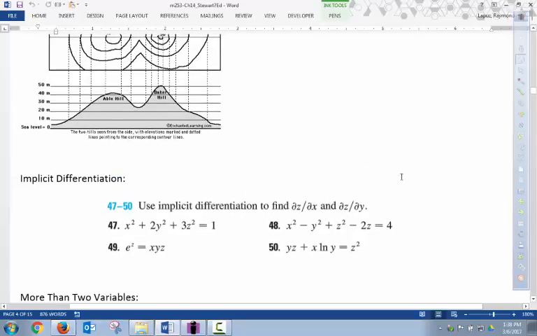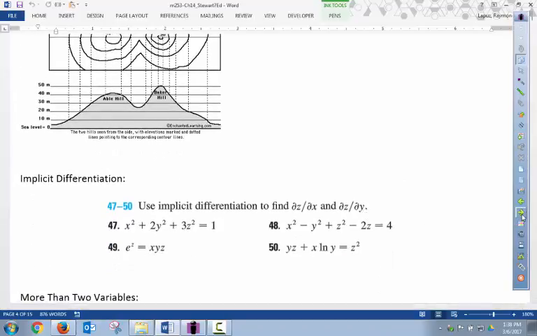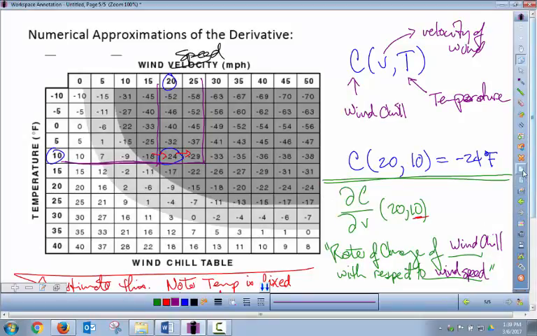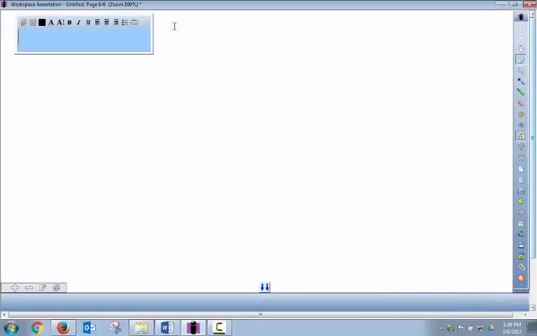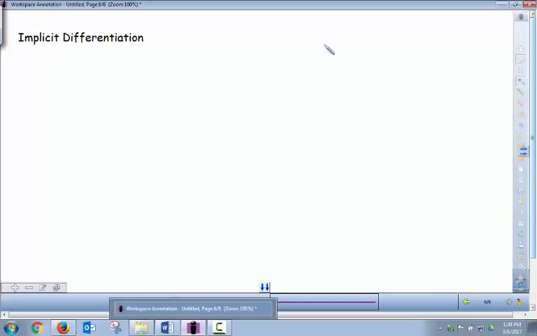Next is implicit differentiation. So let's take a look at implicit differentiation. Just like whenever we're trying to learn new things in Calc 3, let's try to come back and look at the old thing in Calc 2 and see how that used to work. So back in Calc 2 or Calc 1,